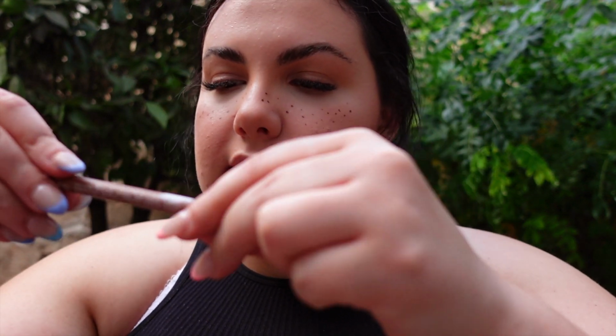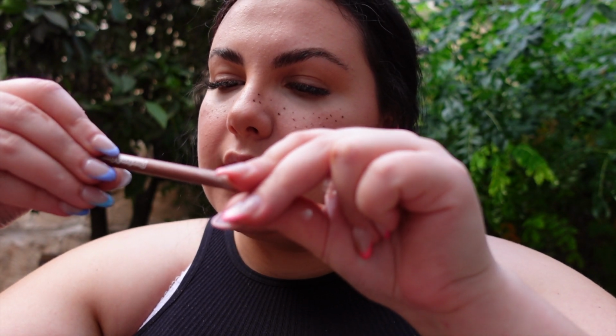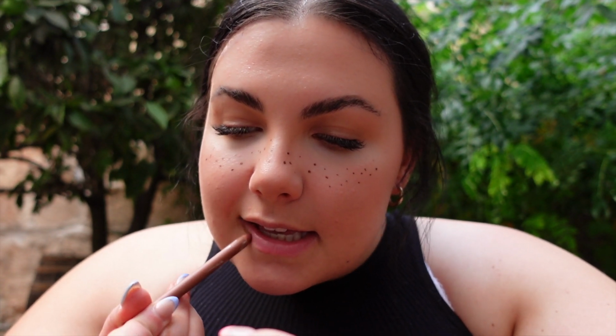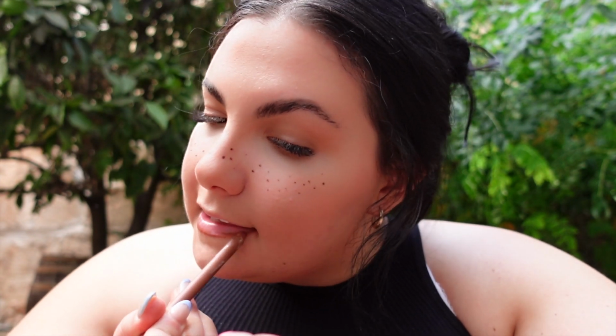So this is the Peaches and Cream lip liner in Praline. I don't know, do you know what I mean? They've got weird names. So I'll pack that with me. I always take my lip products with me for after I eat and stuff. And then